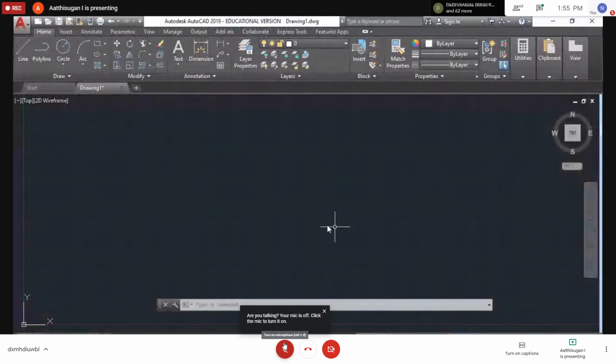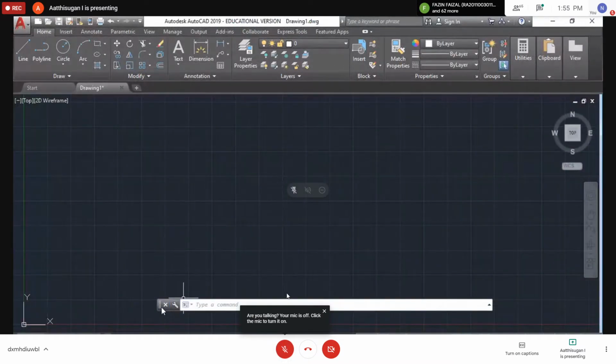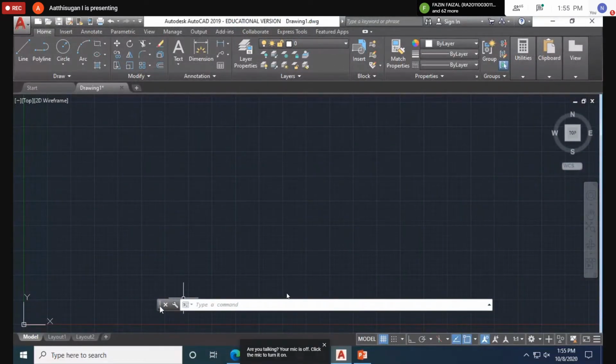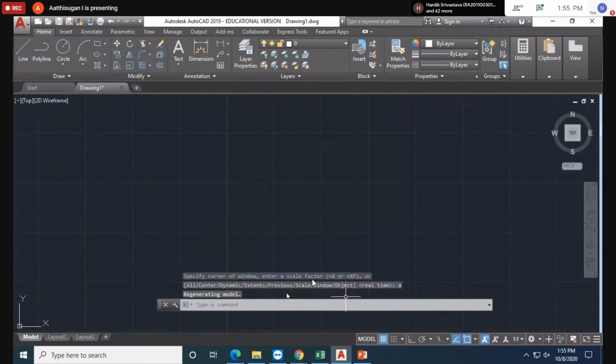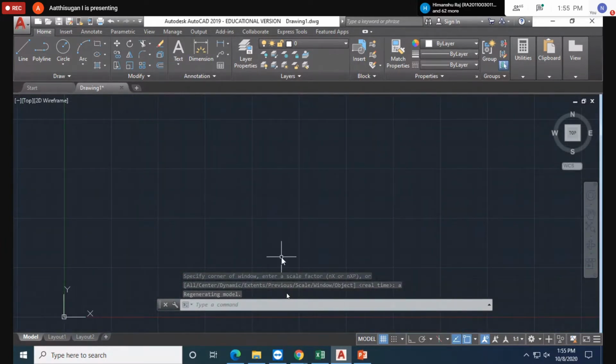So coming to topics, I hope some people have understood what AutoCAD is, what the things are, and how to do it. Same as before, I did units first, then limits. You can type the limits: 0, 0, upper right corner is 210, 290, then zoom all. Whenever you open the AutoCAD software, kindly do it like this. Then next.